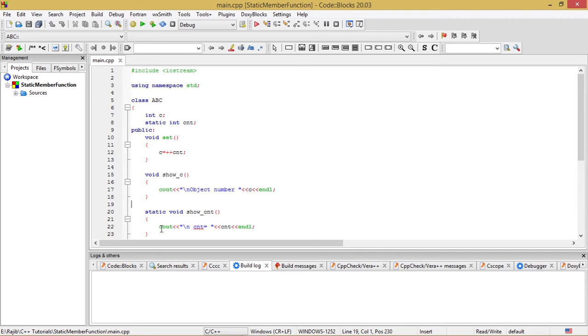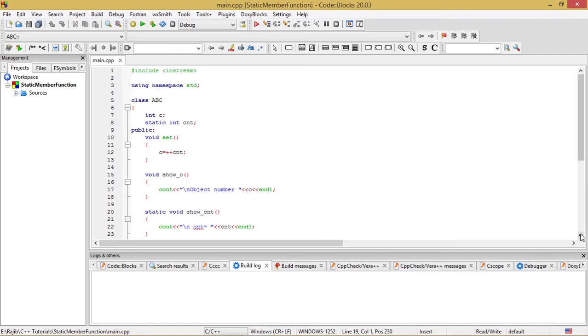Now I have written one line inside it: cout << "\n cnt = " << cnt << endl.